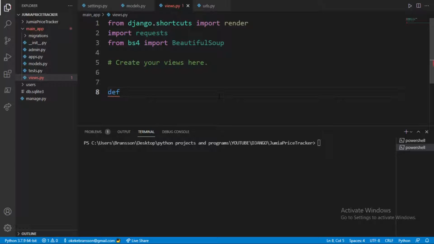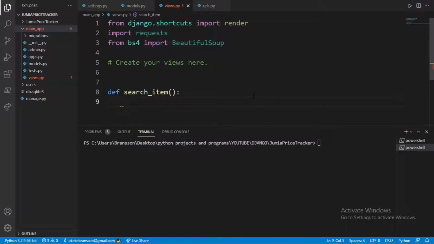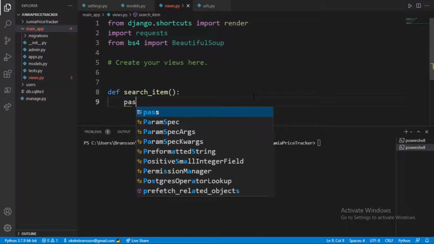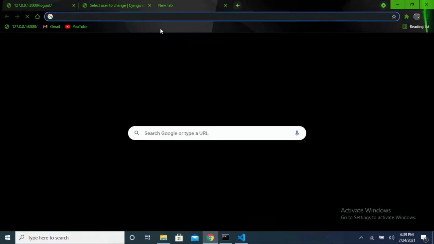So here we're gonna define a function, and I'm just gonna name the function search_item. This is just gonna be a normal Python function, not a Django based function. And here the first thing I'm gonna do is try to forget about working with Django, and treat it as if we're working just on a small project. I'm just gonna do pass there, and let's go ahead to our Chrome and search for